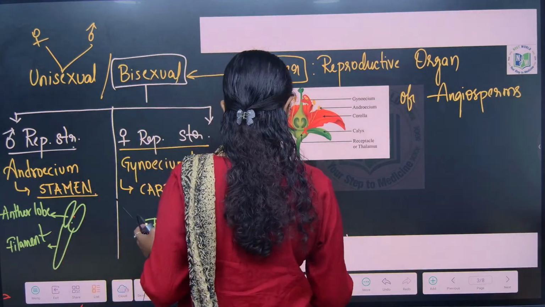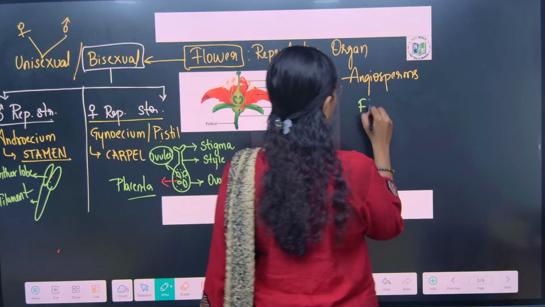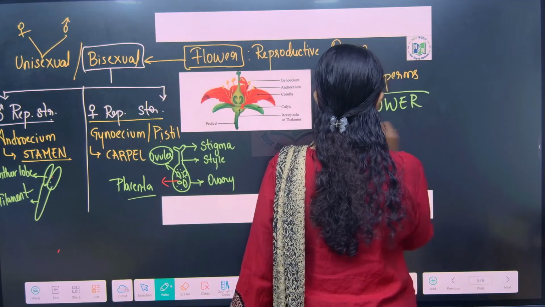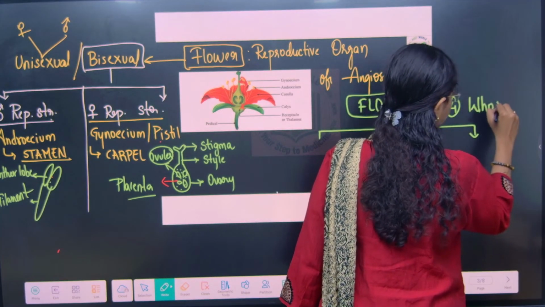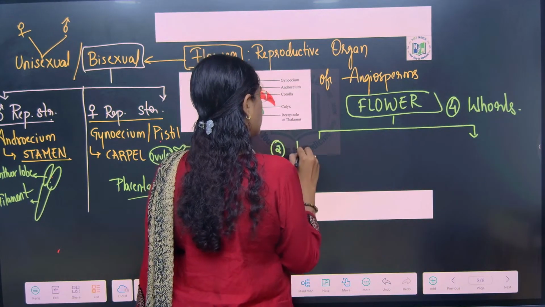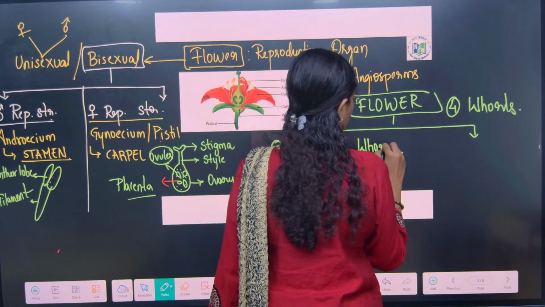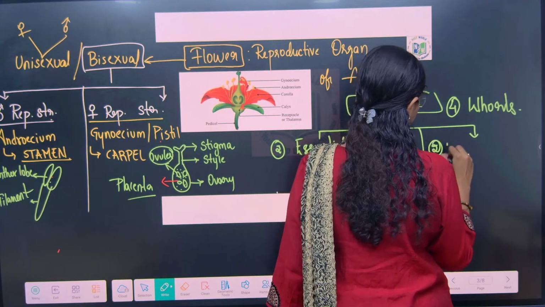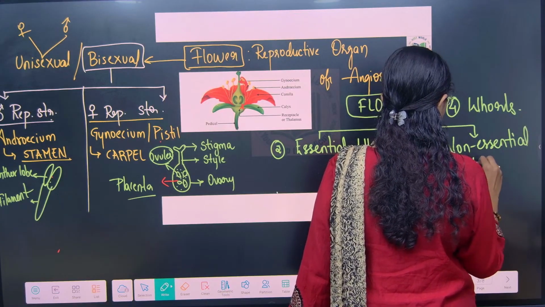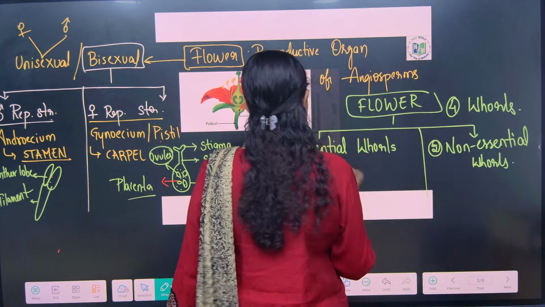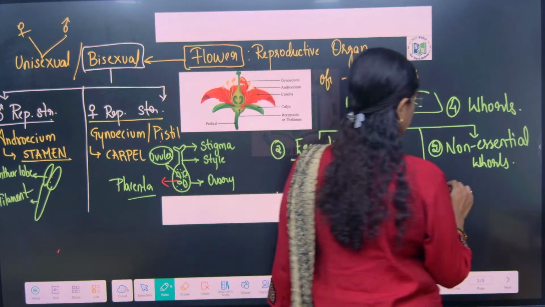A flower has four whorls: two essential whorls and two non-essential whorls. Essential whorls include androecium and gynoecium. Non-essential whorls include